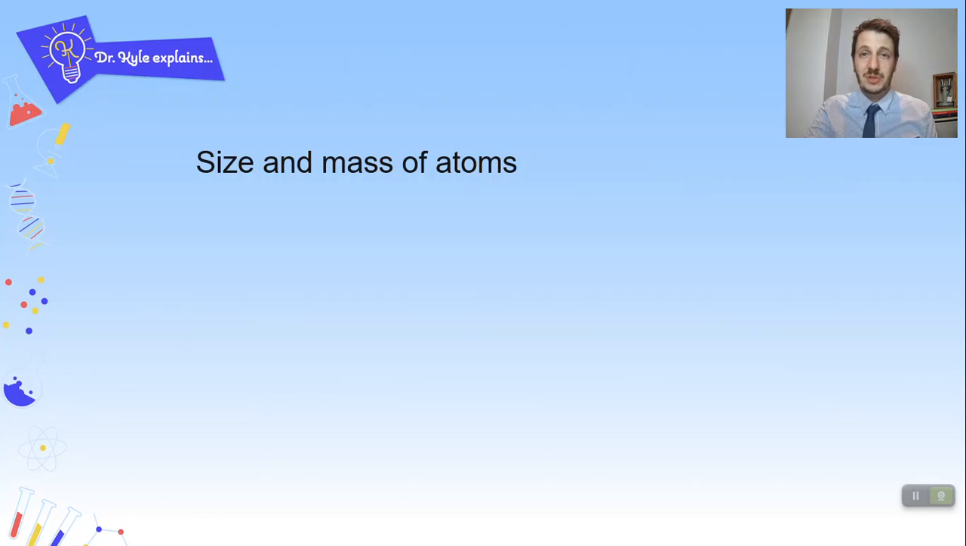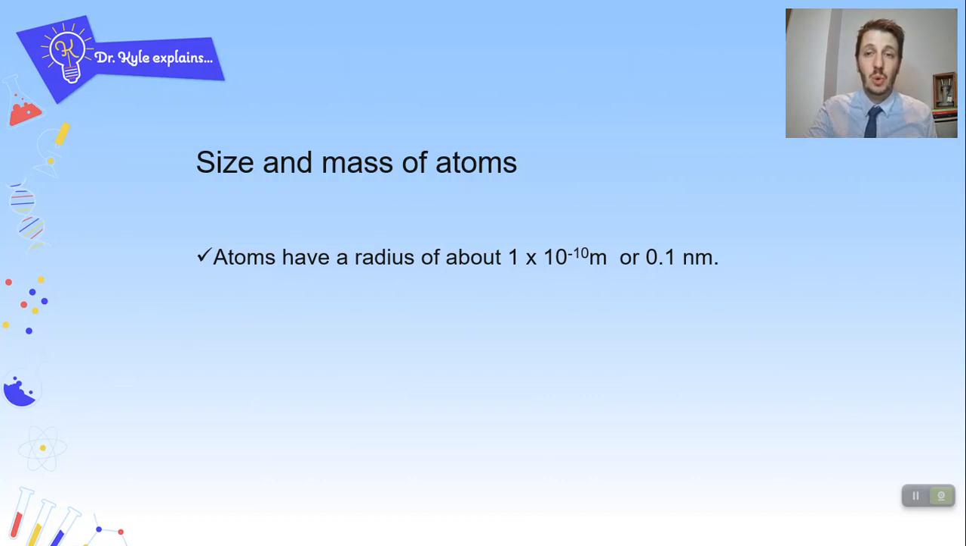Okay, so the size and mass of atoms. Atoms have a radius of about 1 × 10 to the minus 10 meters, or 0.1 nanometers. Now, if you're unfamiliar with the term 1 × 10 to the minus 10, this section here is called standard form. And what this essentially means, very quickly, is that 1 has been divided by 10